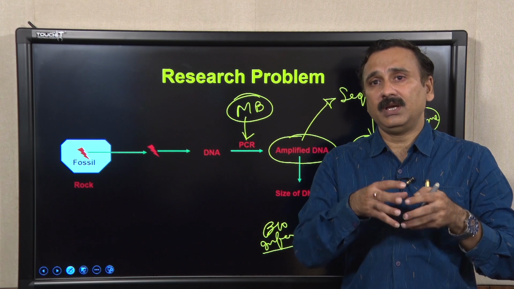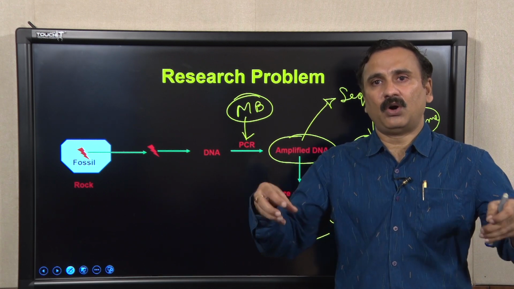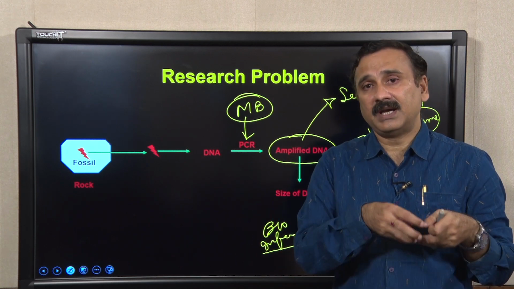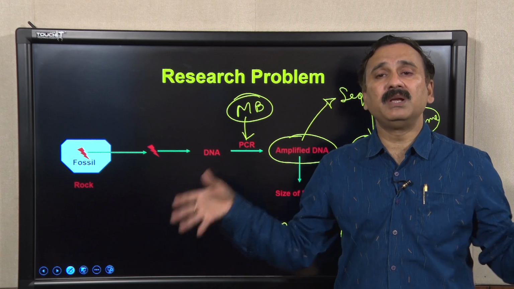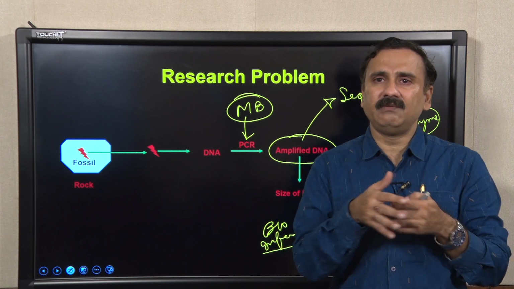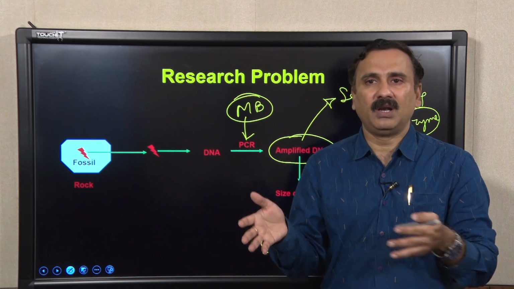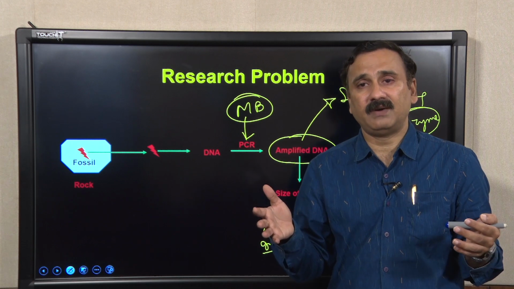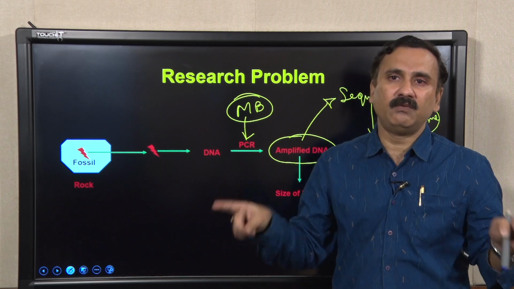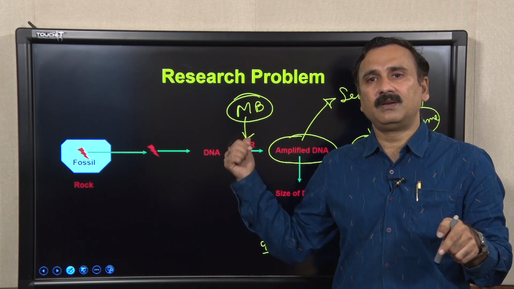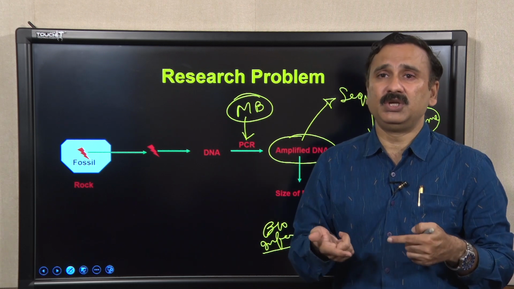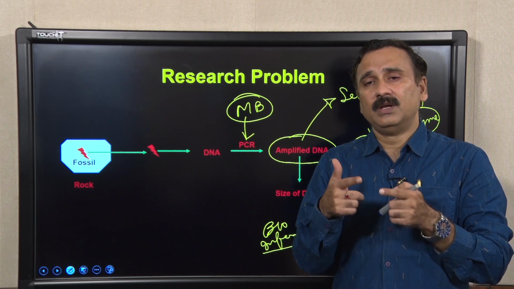So that is going to tell you the potential of the different types of techniques that you can integrate in your experiment, and that's how it is going to give you the bigger picture. So earlier we were just using the electrophoresis technique, simply doing the RF versus molecular weight analysis, and just trying to identify the size of that particular DNA. But now you have the complete information about that particular dinosaur you have the DNA from. So that is going to give you a lot of information and a lot of insight into what kind of dinosaur.